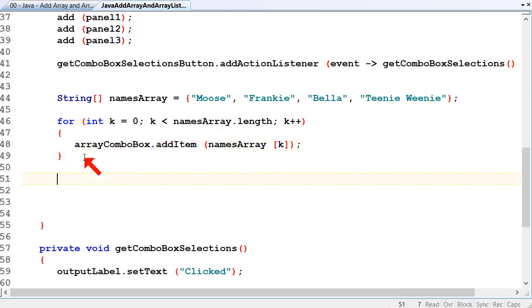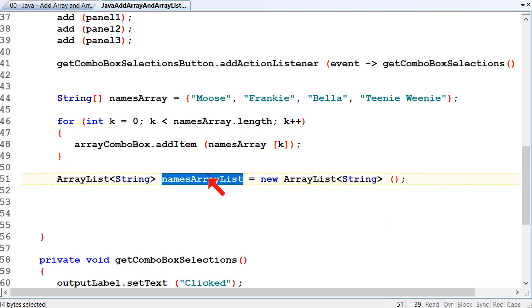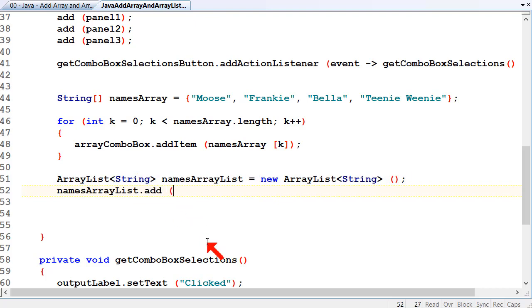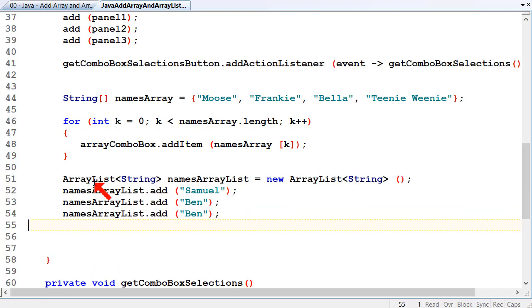And we do the same thing for array list. Let's make the array list that's of type string. Names. Use the same name, but call it array list. List equals new array list string. And let's populate our array list. array list.add Samuel. I'll add some different names in here. And Ben and Boogle. So we've got three names added to our array list,